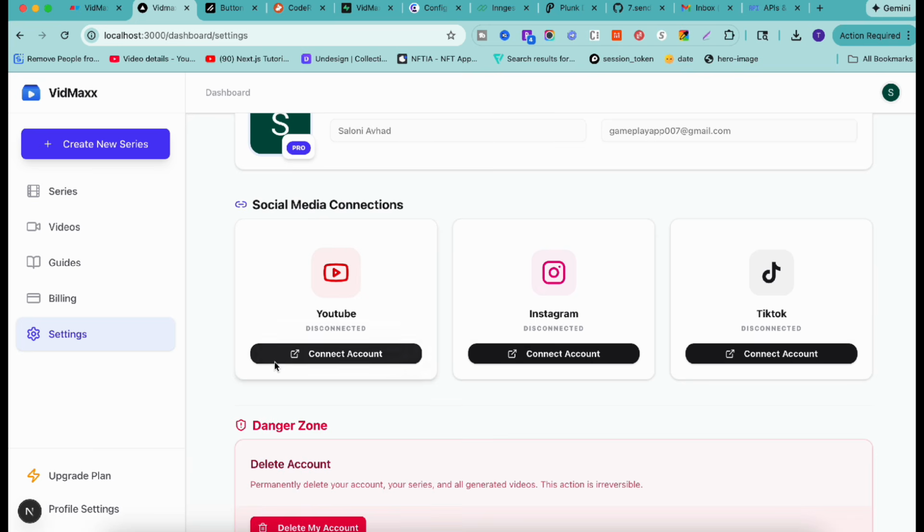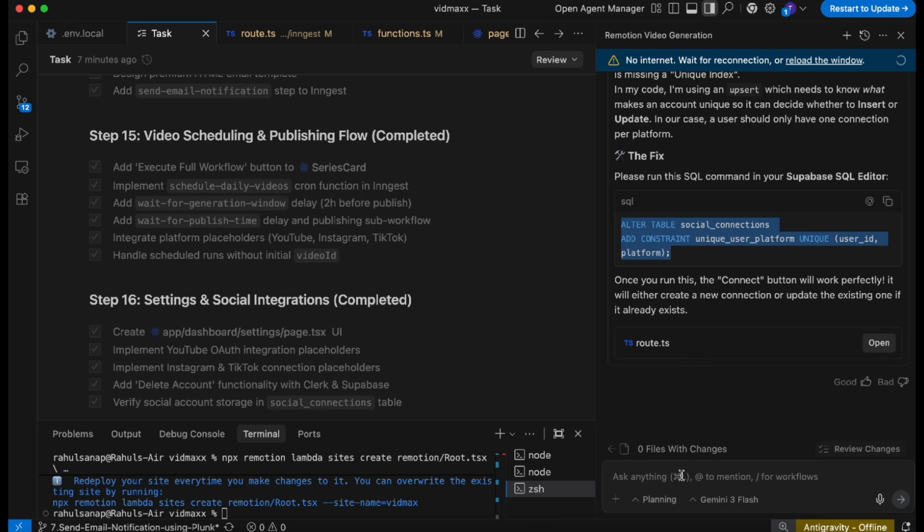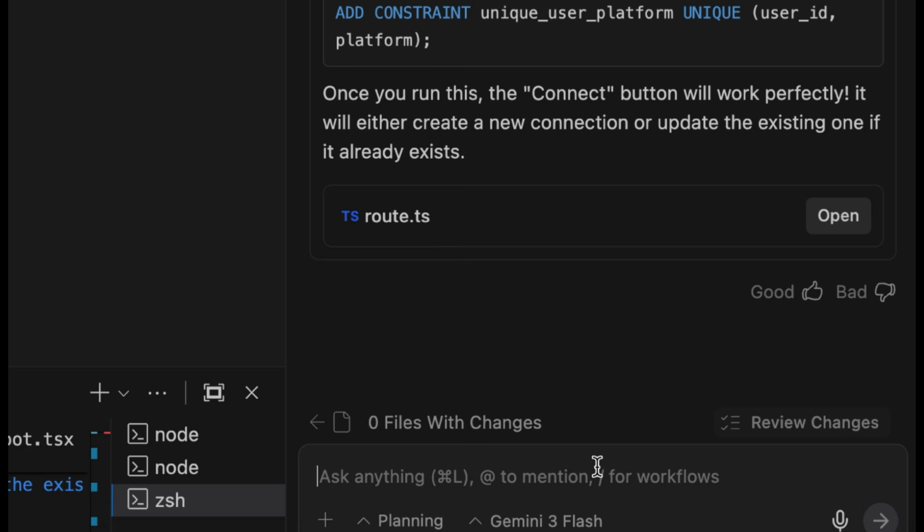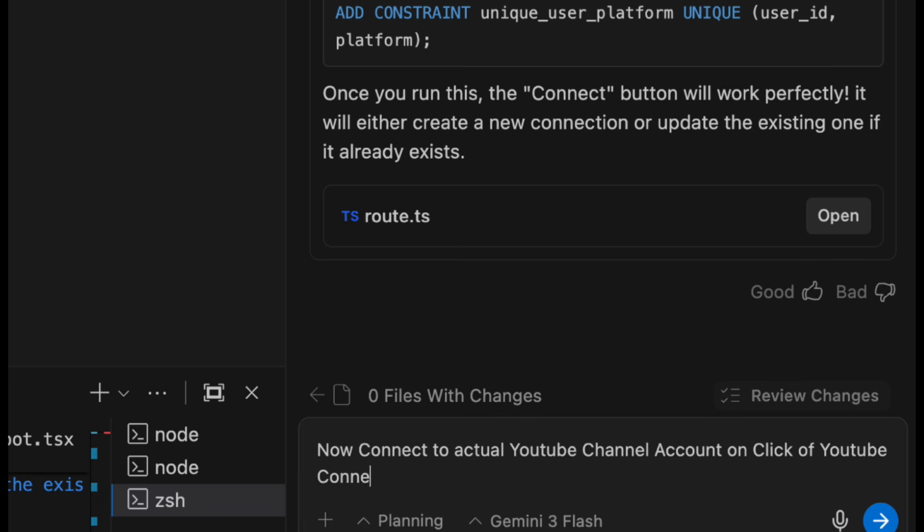Currently it just added a demo to connect the account. If I click disconnect, it will just disconnect it, right? But it's not actually connecting to our API or our YouTube API, right? So we need to implement that particular functionality. So over here we'll say, now connect to the actual YouTube channel account on click of the YouTube connect button. Give me steps if I need to enable anything,